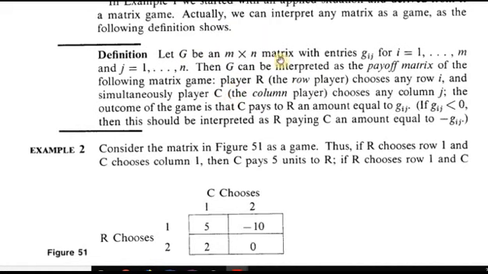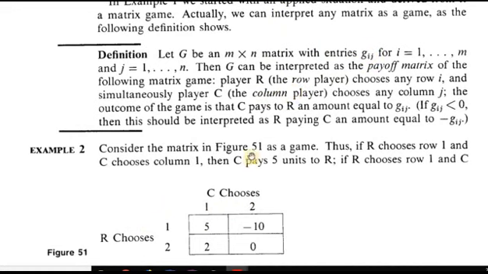But in each box in the matrix, you're going to have a payoff, and that will be the payoff for row R, which is the negative of the payoff for row C. Now, these numbers could be positive or negative, it doesn't matter, but just remember that the numbers in the box are the payoff for row R, and they're the loss or negative payoff for the player in row C. Right, so, as it says here, Gij is going to be the payoff if player R chooses strategy i and player C chooses strategy j.